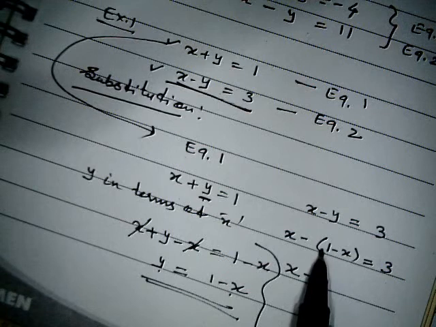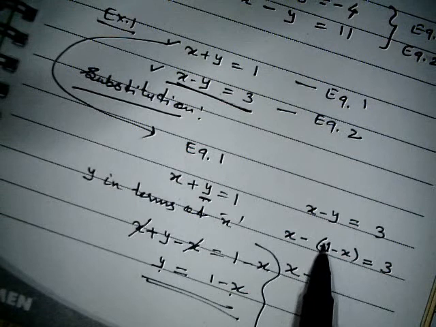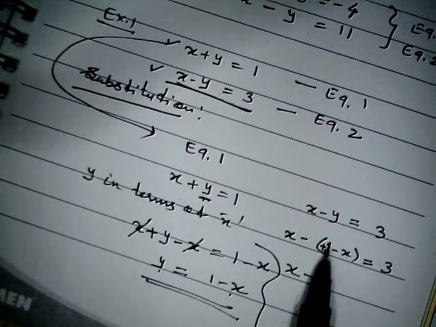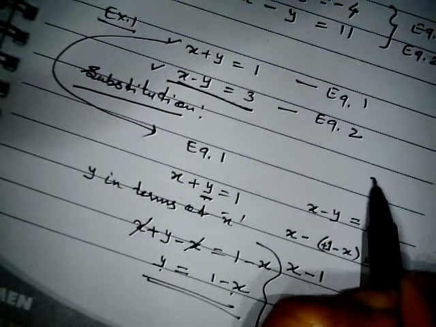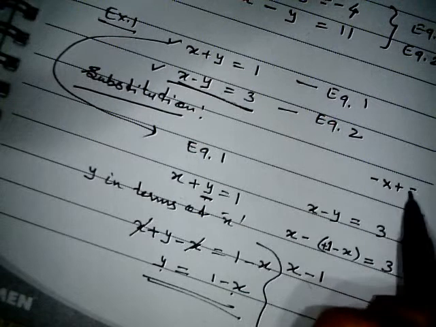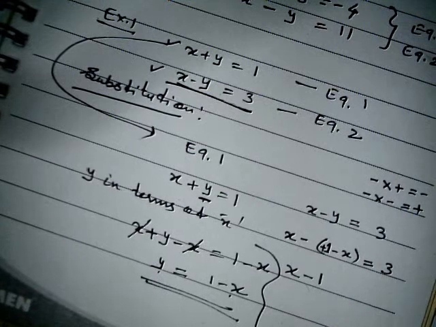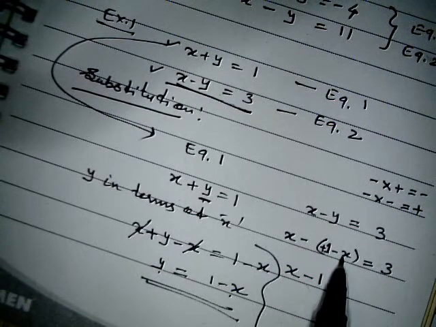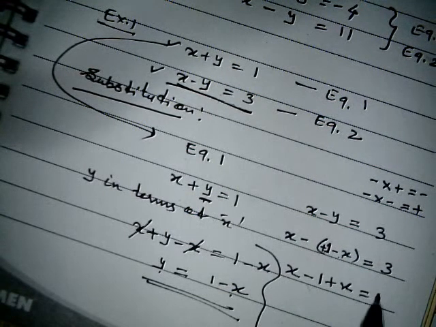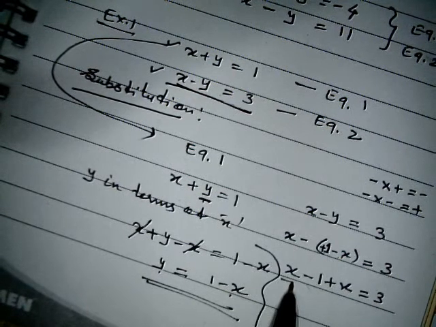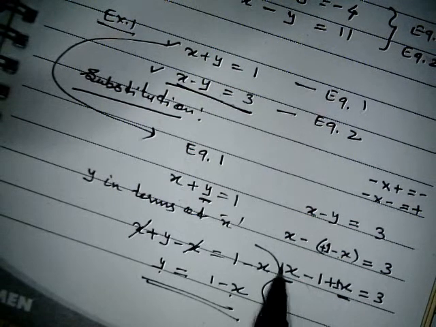So negative multiplied with positive 1 is going to be negative 1, because we know negative times positive is negative. Okay, and negative times negative is positive. Now when this negative gets multiplied with negative x, negative times negative is going to be positive, equals 3. Correct? Now this is x and this is x, so they will get added. Before x you can't see any number, it means 1. So 1x and 1x, what is it going to be? 2x. This negative 1 will remain the same, equals 3.